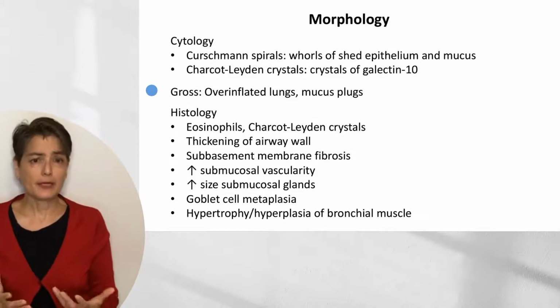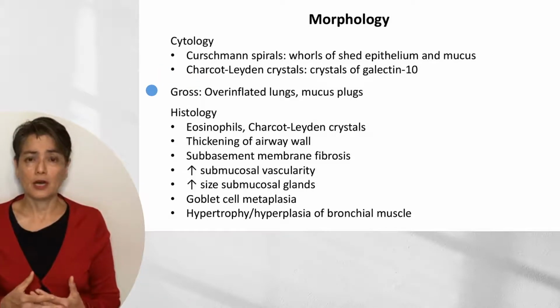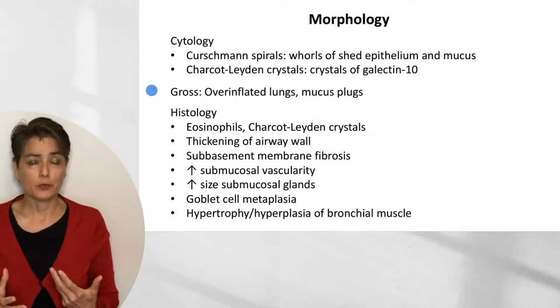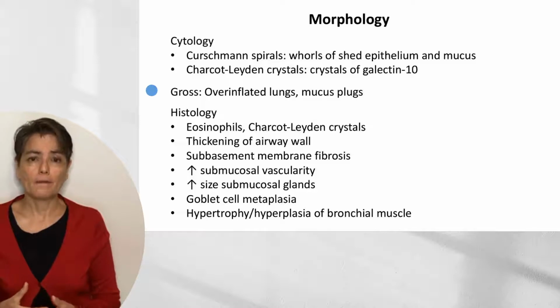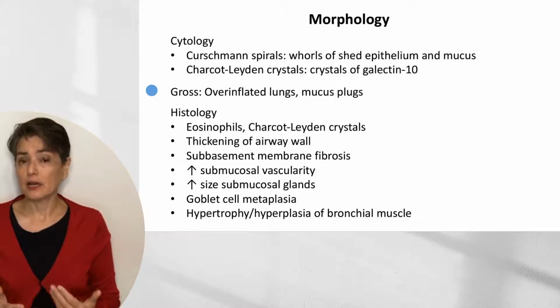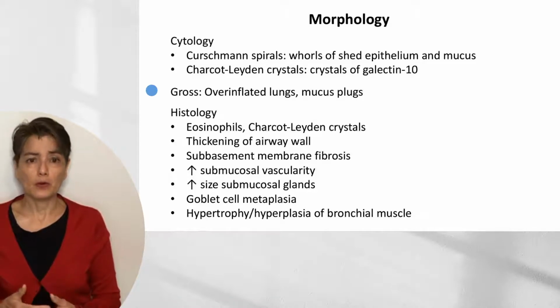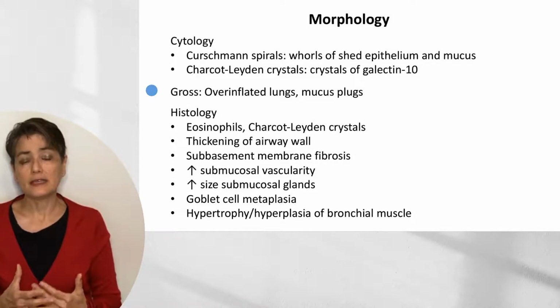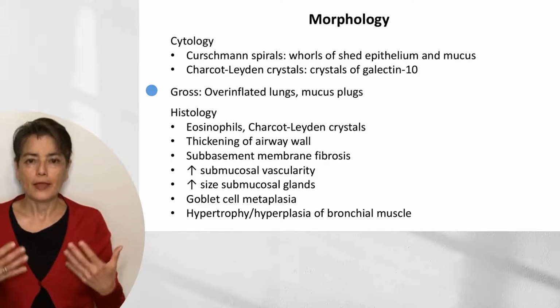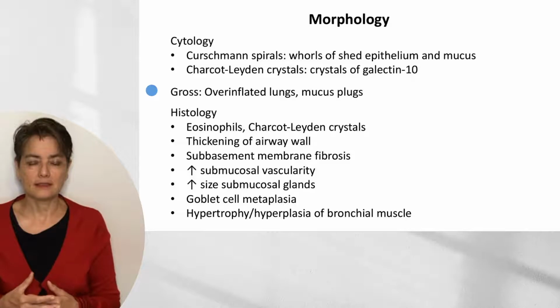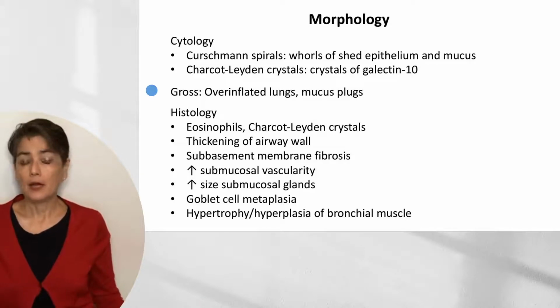Now, we don't typically look at the gross of a patient with asthma because we don't do lung transplants for asthma. We don't do resections for it. However, if a patient dies of status asthmaticus, then we will have the opportunity to see those lungs. And what we will typically see in status asthmaticus is overinflated lungs because there's air trapping. The air is not able to make it past these thick mucus plugs. And we can see these mucus plugs grossly, as well as clinically through bronchoscopy, and I'll show you an image